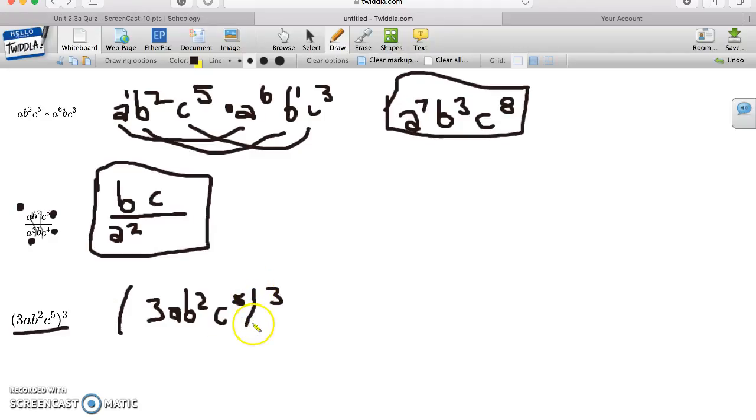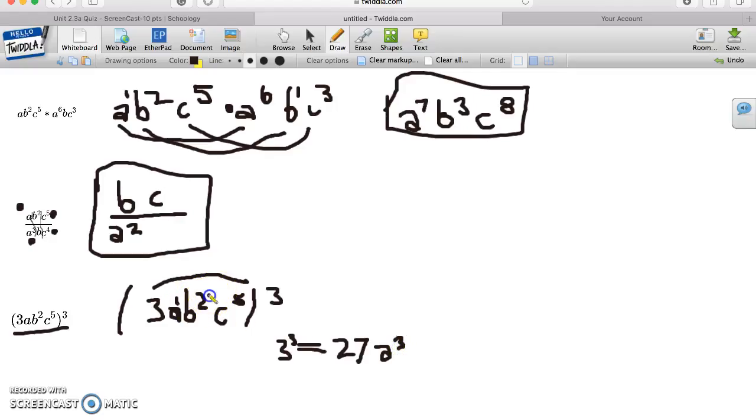So we do 3 to the 3rd power, which we see right here, and that's going to equal 27. Now, since that's a power and A doesn't have a power, it's A to the 1st power, you do 1 times 3, because there's secretly a little 1 up here, so that's going to be A to the 3rd power,